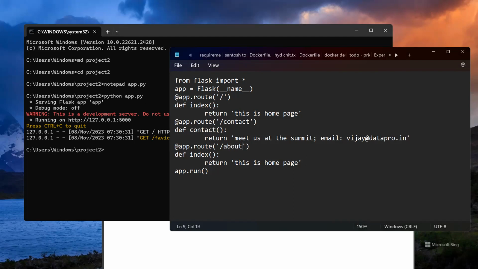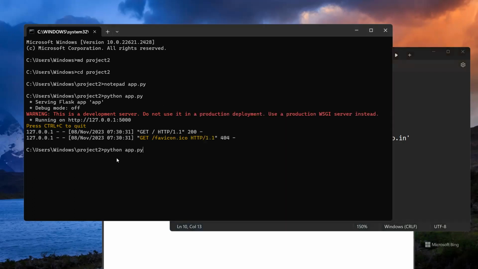Let's have one more about us. So contact us, about us. These are the two additional pages we are going to provide. Okay, done with. Let us rerun the program